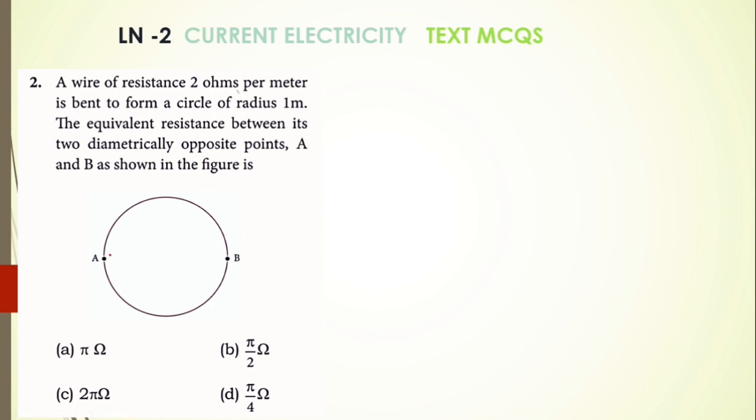Look at this picture. The circumference of the circle is 2 pi r. A to B is pi r. In the same way, first half pi r, second half also pi r. So total circumference 2 pi r. The radius of the circle r equal to 1 meter. So the length of the arc equal to pi r.